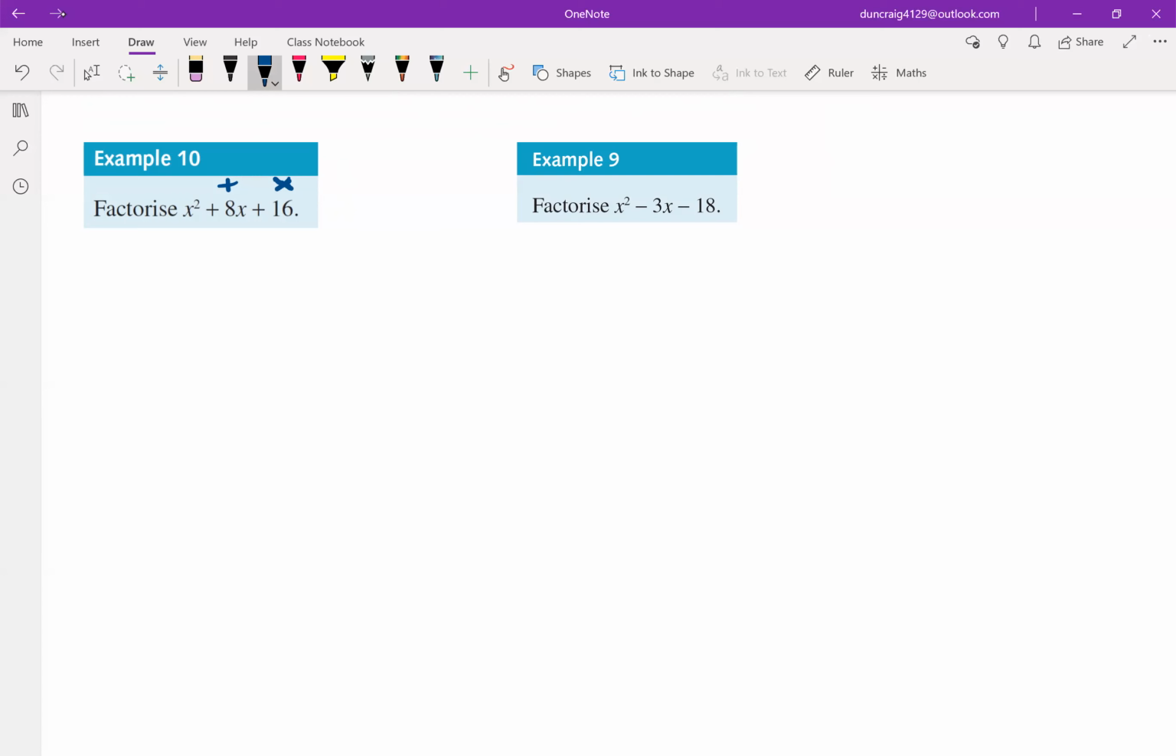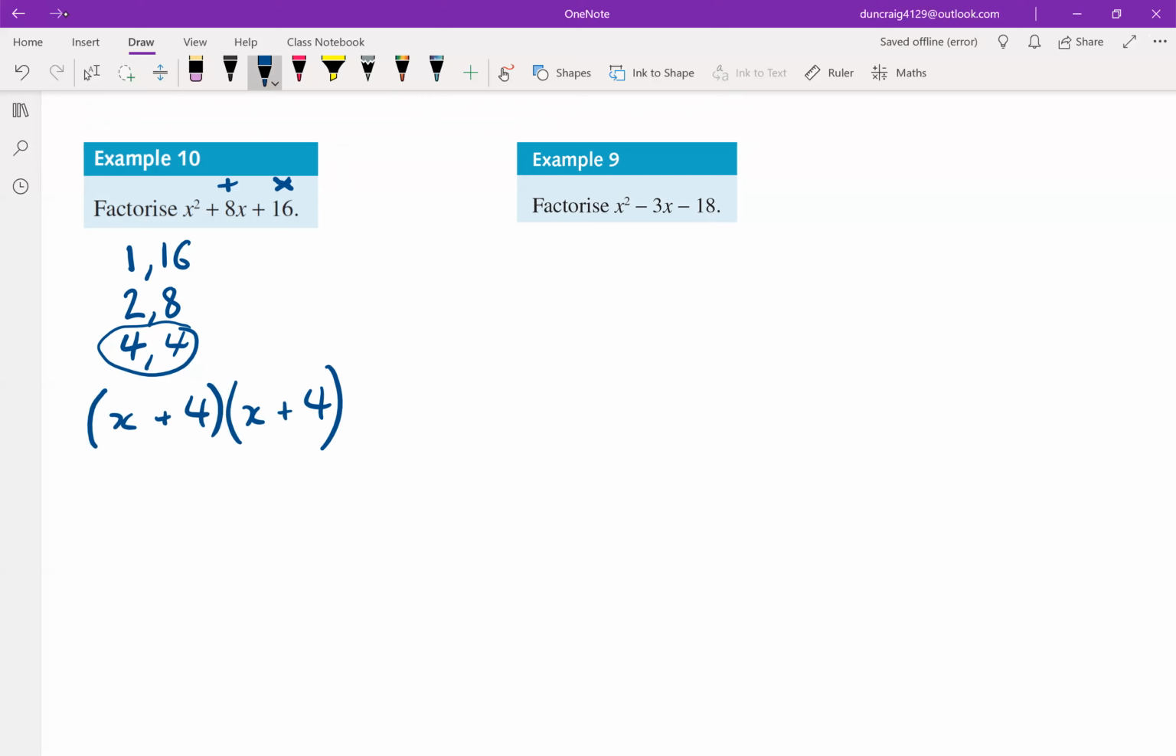So let's go ahead and list it. Let's think about factors of 16. I'm just going to list them first up. I'm going to go 1 and 16, I've got 2 and 8, and I've got 4 and 4, okay? Now, these are the numbers that multiply to give me 16, but I need to think which two add to give me 8. Well, 1 and 16 don't, 2 and 8 don't, but 4 and 4 do. So what's that going to be? That means I'm going to get x plus 4,